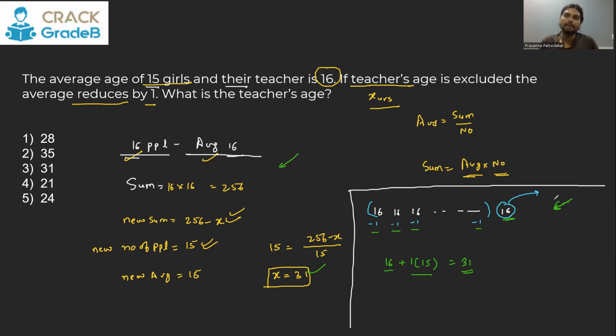That is why basics should definitely be clear. And then only you can think about these short tricks and everything else. Don't get fascinated with these short tricks. The faculties tell it very conveniently, comfortably, because they have been doing the same thing for years. But if, as a fresher student, you go in the exam hall and something different comes up, it might happen that you can't think about the chocolate theory way or any logical way for that. So please believe me on this.